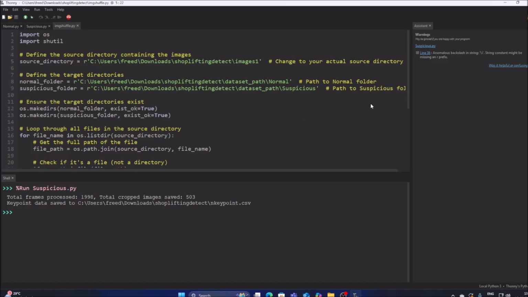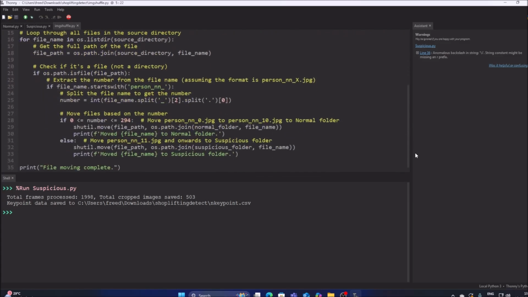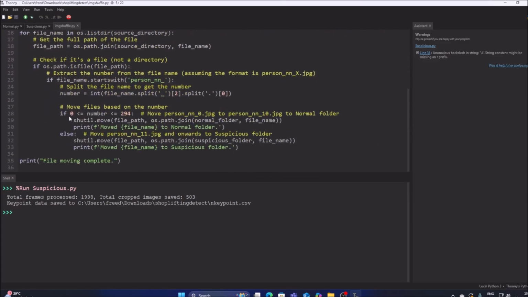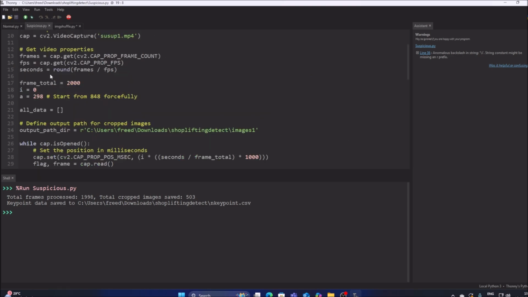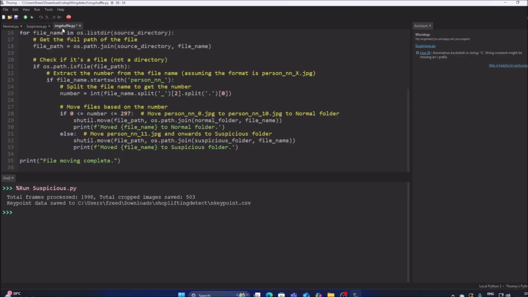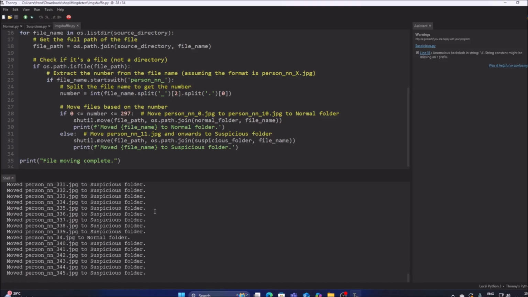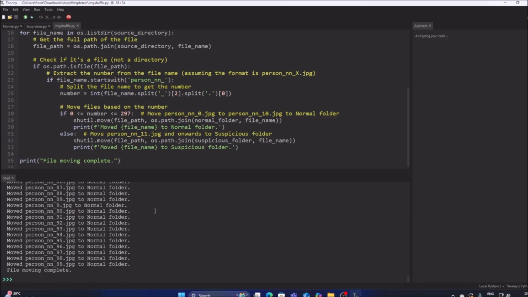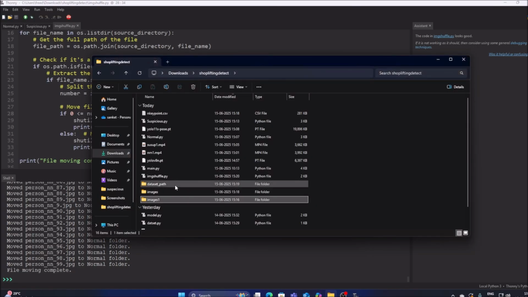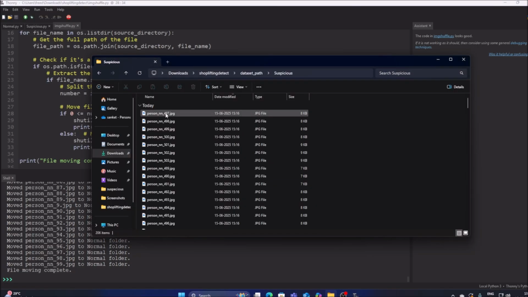So in img shuffle, let's just scroll the code, and 0 to 297, because we mentioned here 298 to n number of images suspicious. So 0 to 297 images, normal images. Save it, run the code. Now it will send 0 to 297 images inside the normal folder and 298 to n number of images inside suspicious. So if you open dataset path, suspicious images,